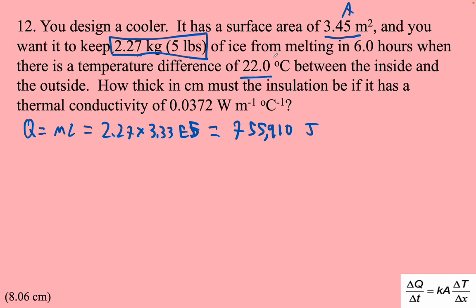And then this is our difference in temperature, and this is our thermal conductivity. So we'll set up our equation here. Our Q over time is equal to K times the area times the difference in temperature over X. So the Q is